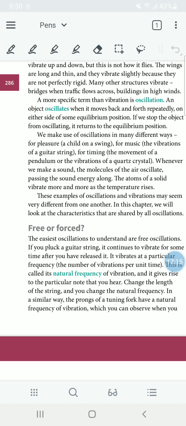I'm not going to give the definition for frequency. You know that it is the vibrations per unit time. If you have a doubt, please write it down.